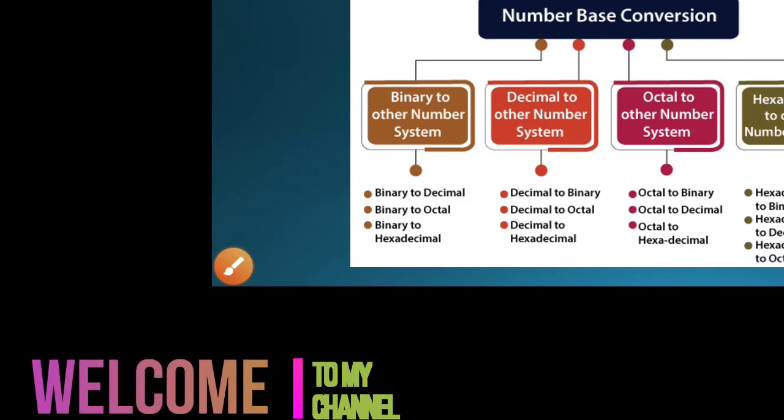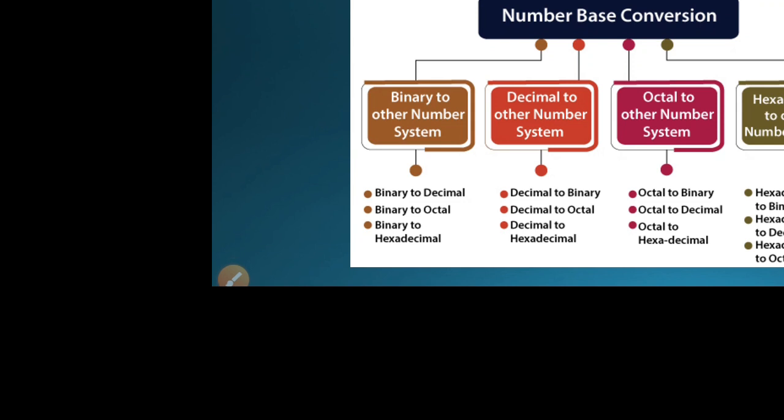Welcome, my students. In the previous part, we have learned about the different types of number system used in a computer. But in this part, we learn about the conversion from one number system to another number system. As we have four types of number system, each one number system can be converted into the remaining three systems. So here is the picture